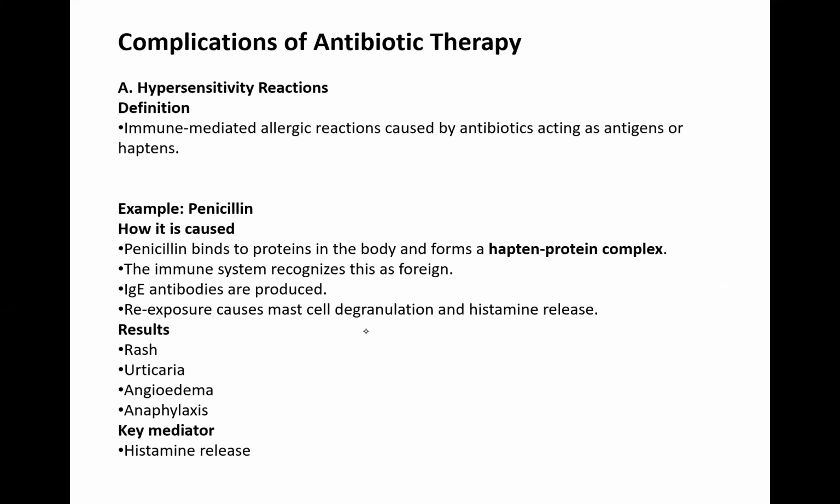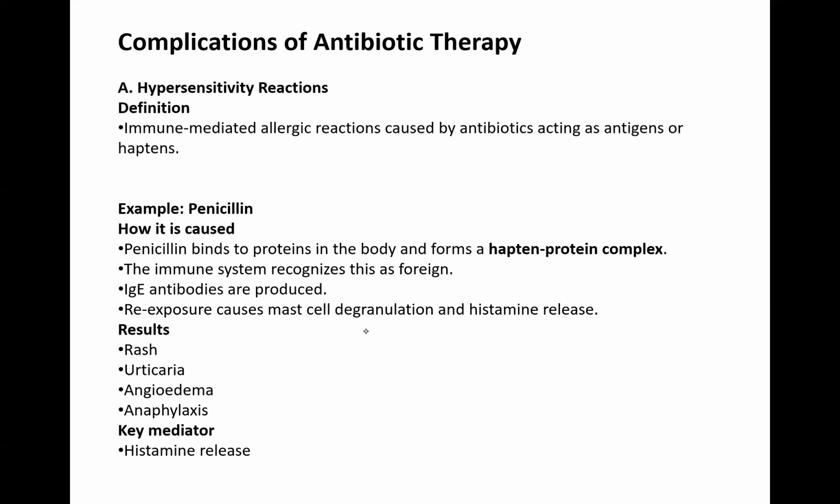The penicillin is going to bind to a protein in the body and form a hapten protein complex. Haptens are small molecules. They do not trigger an immune response by themselves. They do not have immunogenic activity by themselves. But when they are attached to a larger protein